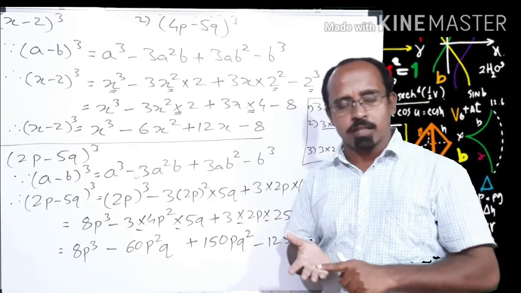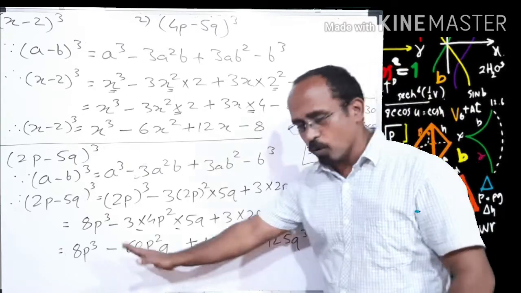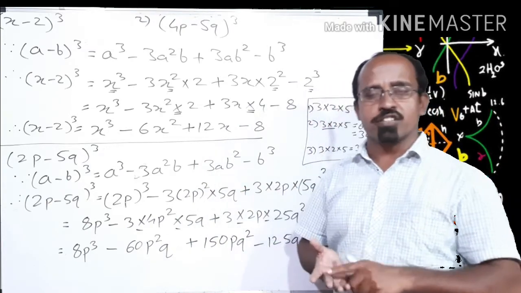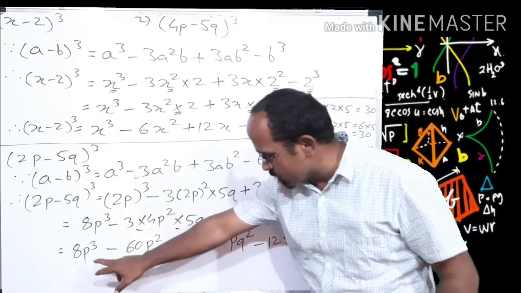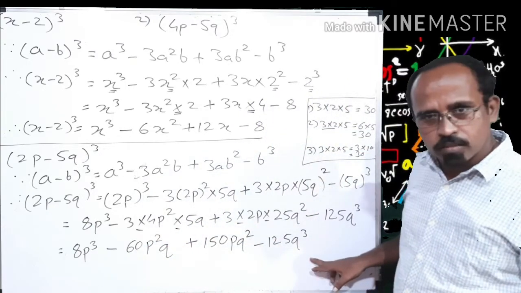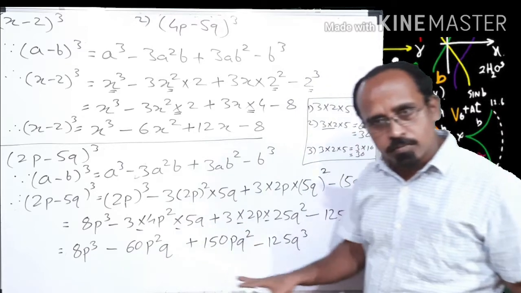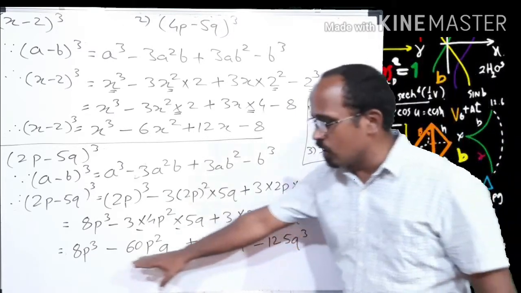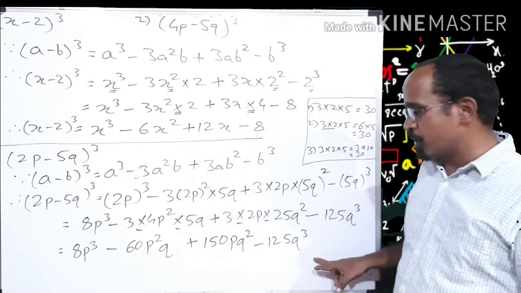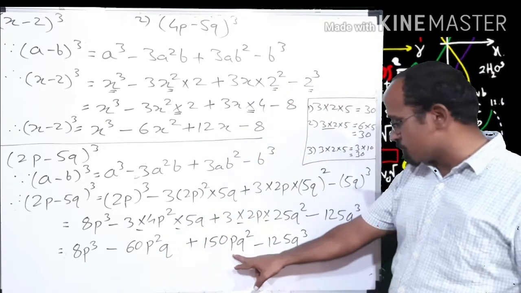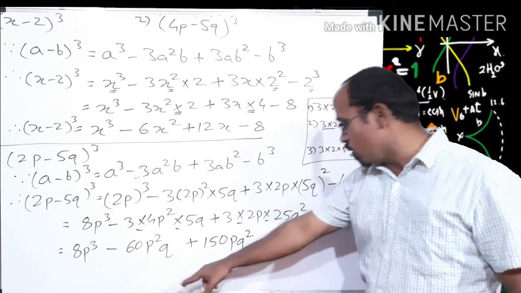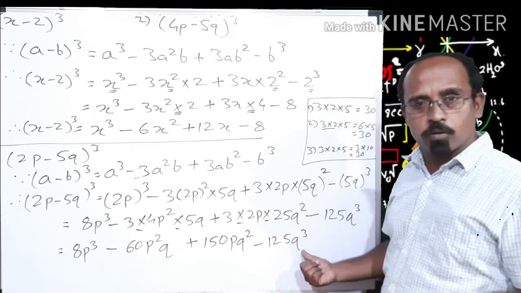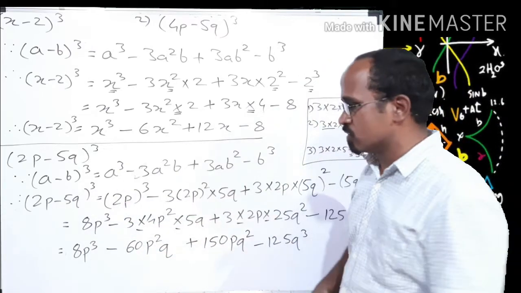Now addition, subtraction. We have to check whether it is possible to do addition, subtraction, because according to BODMAS, bracket, order, multiplication, division is over. So let us see addition, subtraction. Is it possible to do addition, subtraction? Are there any like terms, a pair of like terms at least? There is not. So this is our final answer. All of the terms are unlike. p cube, there is not any other p cube. p square q alone, here is p only. q is alone because there is q square and q cube. q square alone, q cube alone. All of the terms are unlike. Hence this is our final answer.